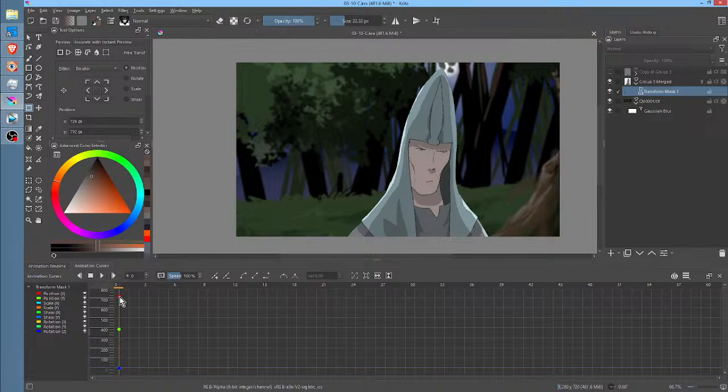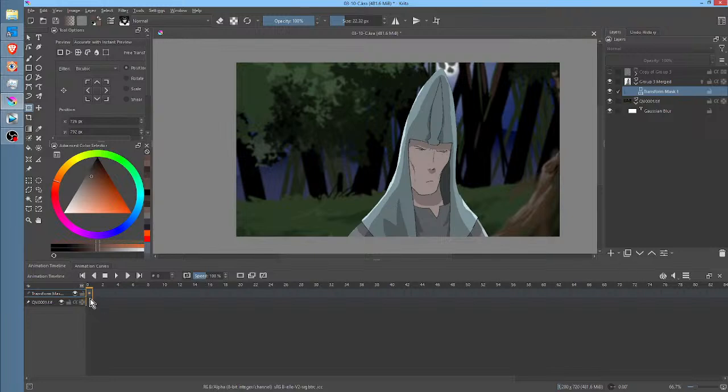So the only reason I put the keyframe in there is so that when I go back here, the transform mask does in fact have a keyframe, which you can see right there. Why do I do that? Because you're going to be like, Dave, there's no way what you're about to say can possibly be true, but yet it is. Everything in Krita adds keyframes by hitting the insert key, or control insert if you want to make a duplicate keyframe. Turns out that with transform masks, that actually doesn't work.